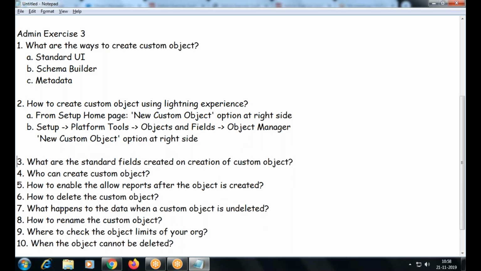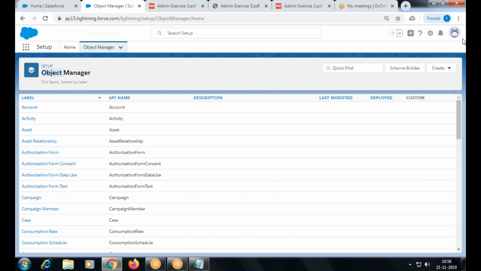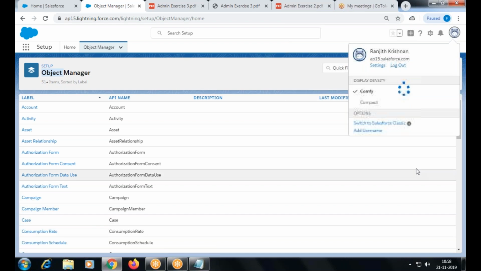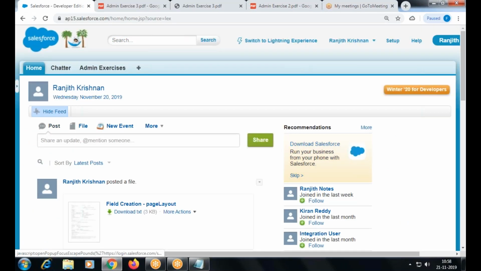Right. So what are the standard fields created while creating the custom object? You can see the information in a better way. Okay, go to setup.